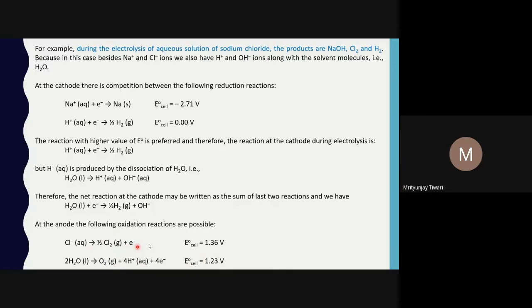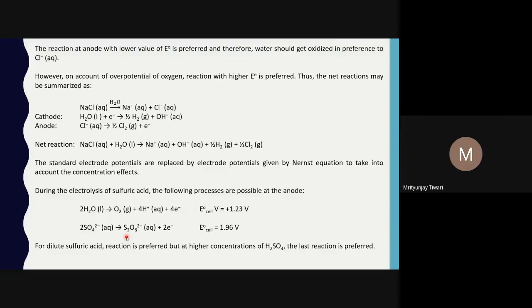So mostly this reaction will be preferred, because this one has a very high barrier, and because of the high barrier, this reaction will be taking place at the anode. So the reaction at the anode with lower E naught is preferred, and therefore water should get oxidized in preference to Cl minus aqueous. However, on account of the overpotential of oxygen, the oxidation of water has